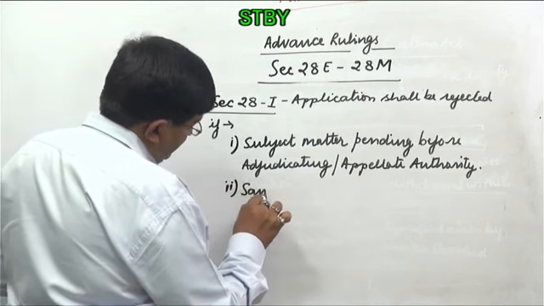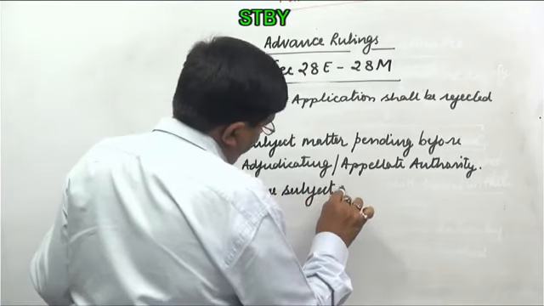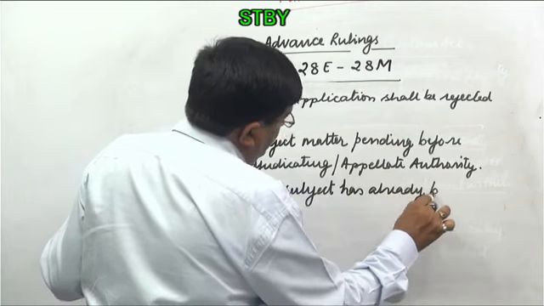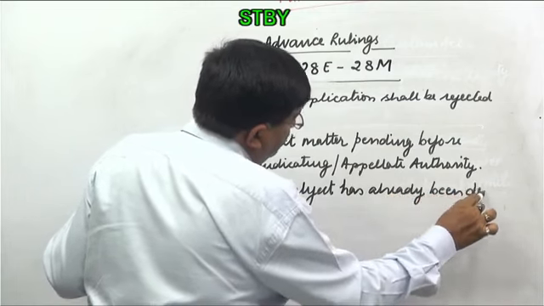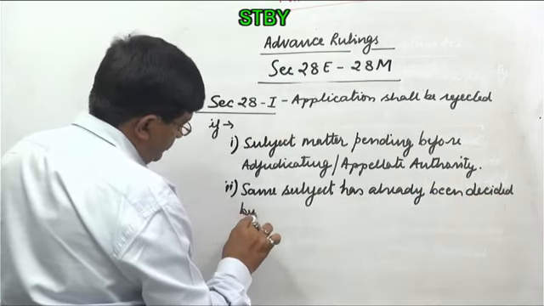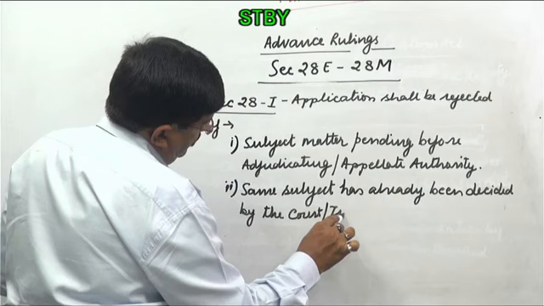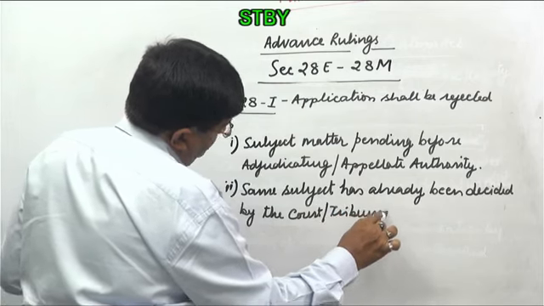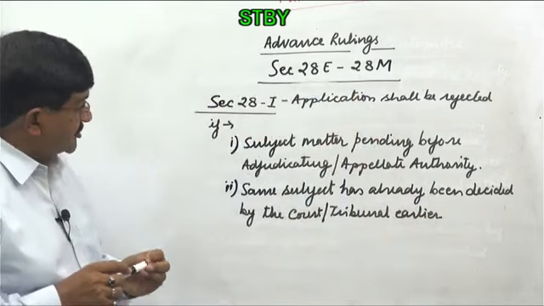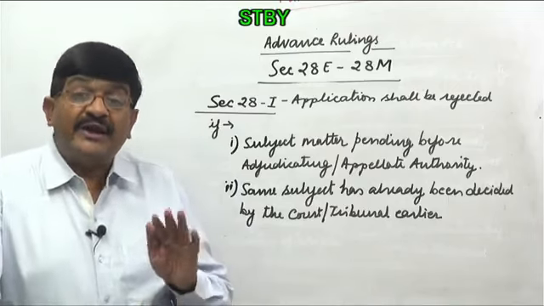Same subject has already been decided by the court or tribunal earlier. So this point number B is showing that the position of the authority for advance ruling cannot be considered as